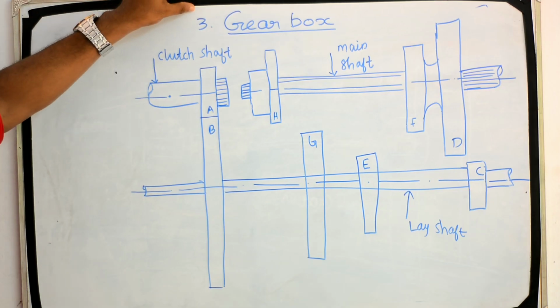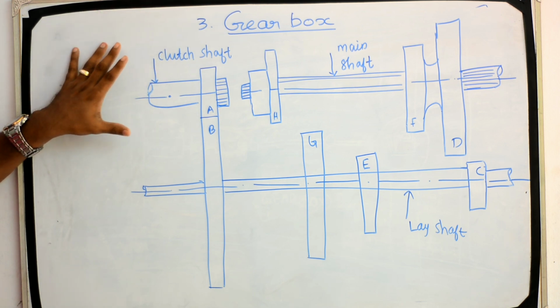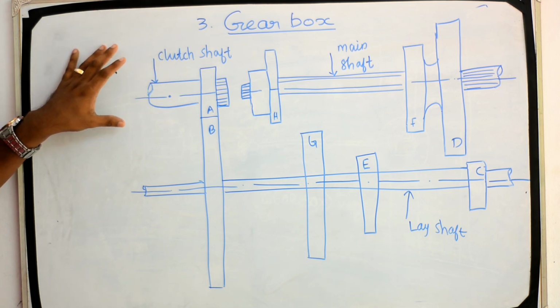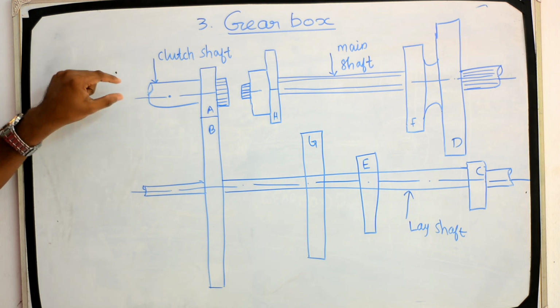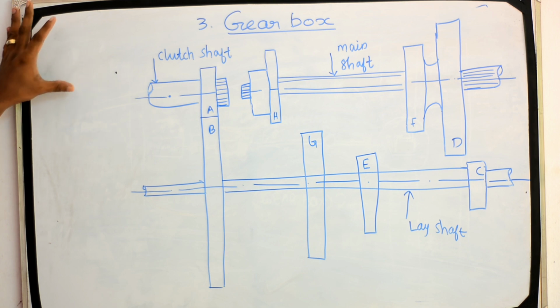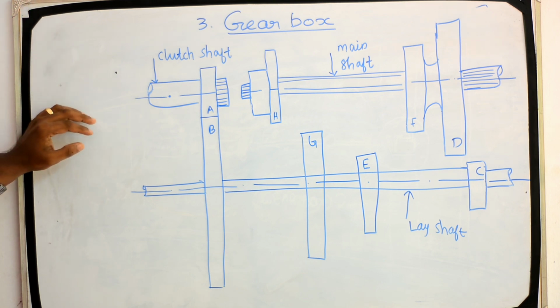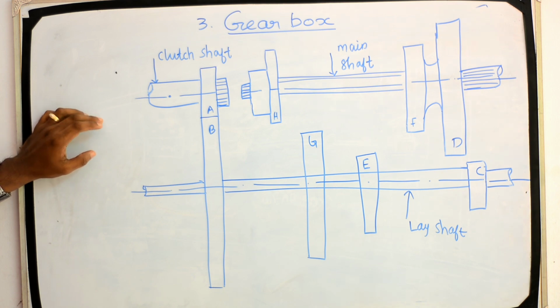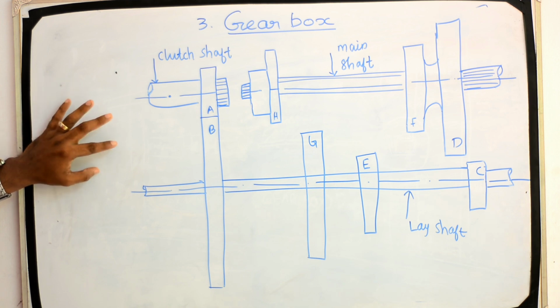And the third one is gearbox. Gearbox or transmission system is a mechanism used to vary the torque ratio between engine and road wheels. Gearbox is an assembly of gears suitably arranged so that the power from the engine can be effectively utilized. Also, it provides a neutral position so that we can keep the engine running but disconnected from wheels, and for reversing the direction of movement of the vehicle.